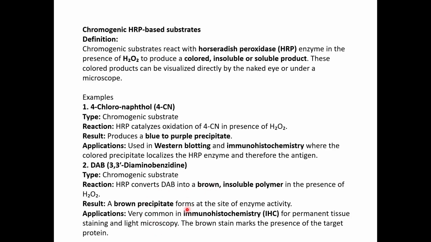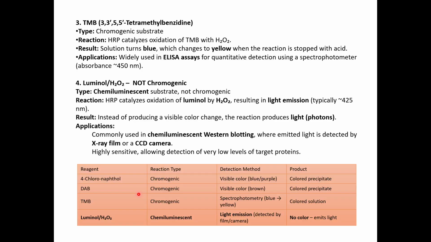So once we stain the tissue sections, we can visualize it using light microscopy in the RGB category, which will help us visualize the structural details as well as the amount of antigen that we are looking for. The brown stain marks the presence of the target protein. So this is